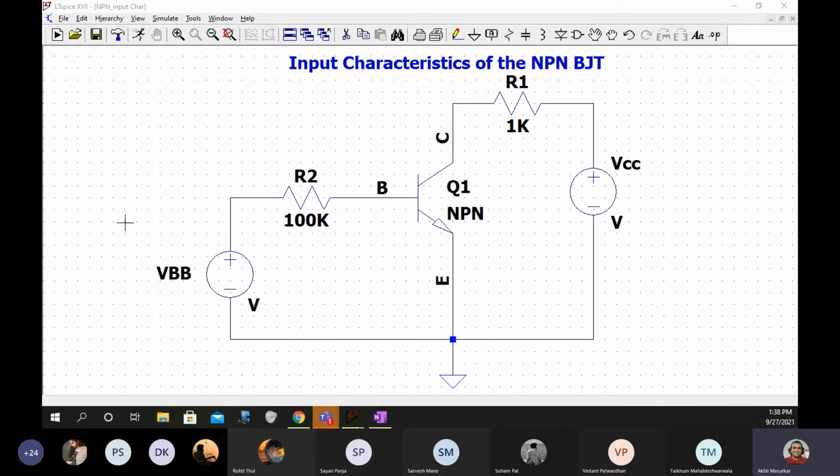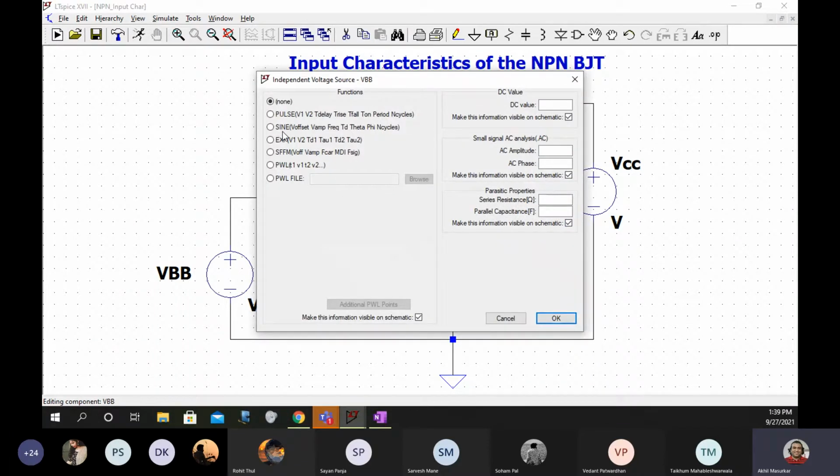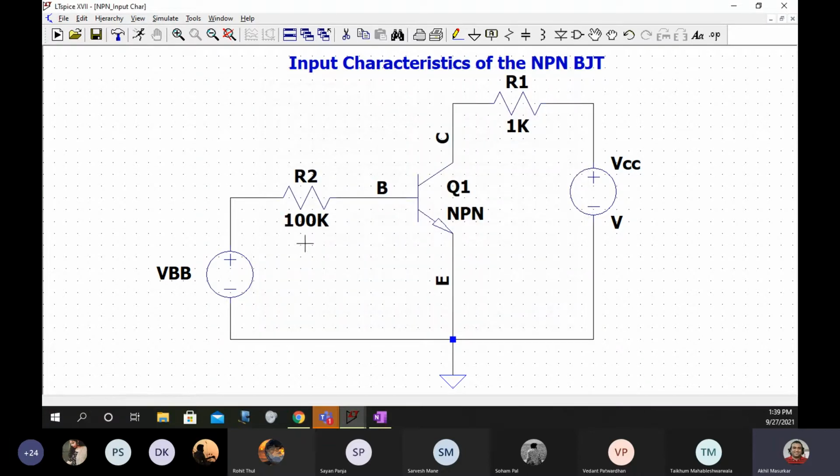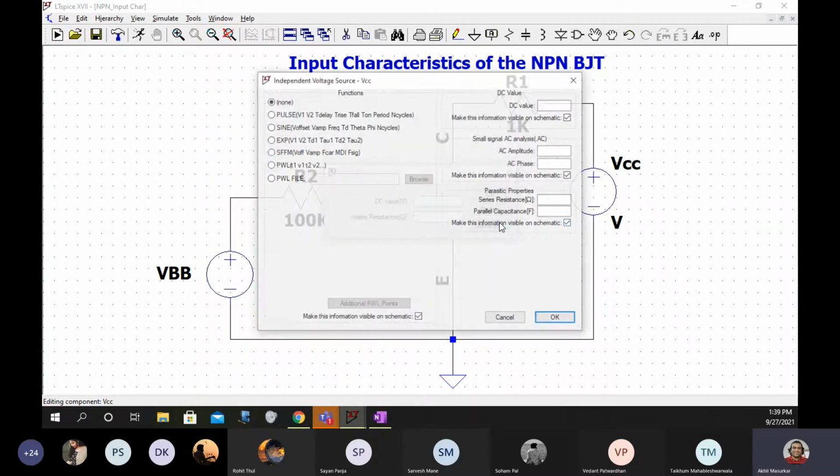Now, all of you can keep posting, but now we will right click on these sources. Yes, Pratik, your output is also correct. Right click on these sources, go to advanced, select none, and say OK. We are doing this because we want to declare these sources as variable.